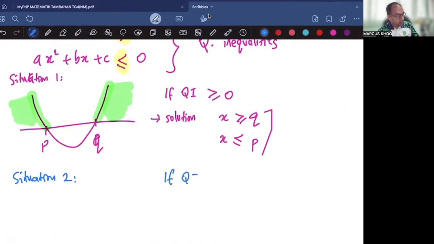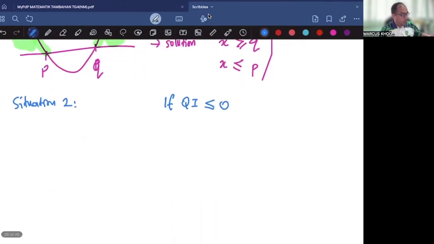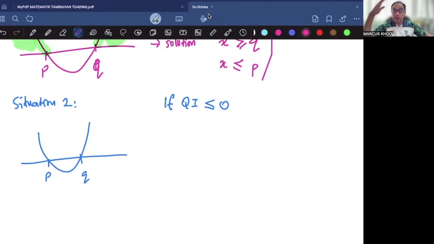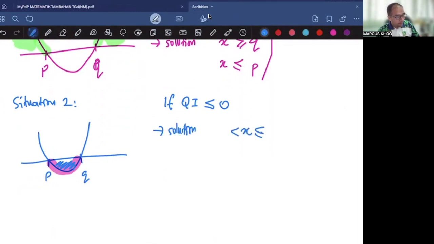If your quadratic inequality is less than 0, kalau soalan dia bagi is less than 0. Okay, so when you draw the graph, I'm still going to call this P, I'm going to call this Q. Less than 0 means it is below the x-axis. So we're talking about this part of the graph that is below the x-axis. Now if this is the one that's happening, this is where you want to lakar lah. Okay, so if that happens, your solution, the answer for this will be x is between P